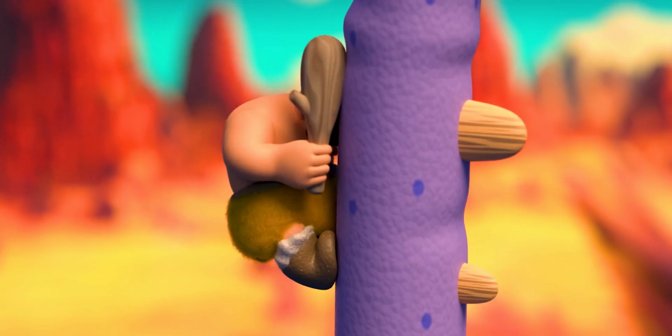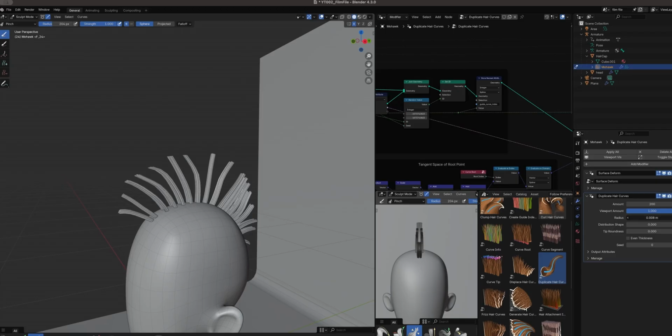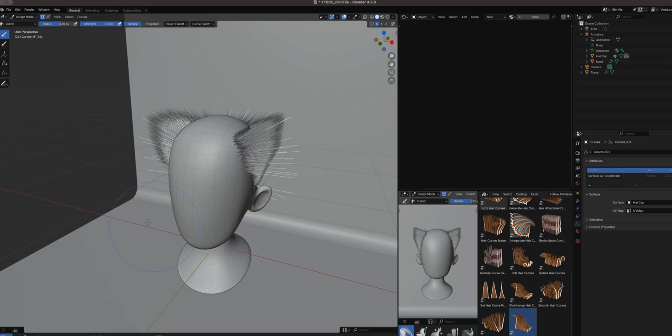So today, I'm done being a coward. And if you're tired of making subpar, chunked up geometry hair, you're done being a coward too. Together, we're gonna go over exactly how to create stunning hair in Blender that will elevate your character without making you cry. We'll create hair systems with geometry nodes using 2 different methods, dive into the process of hair grooming,